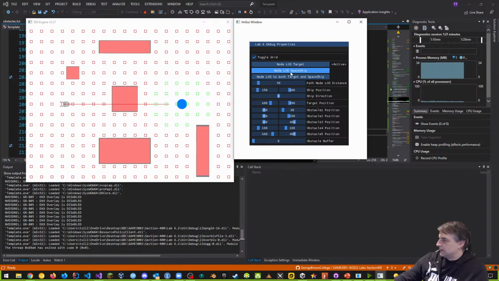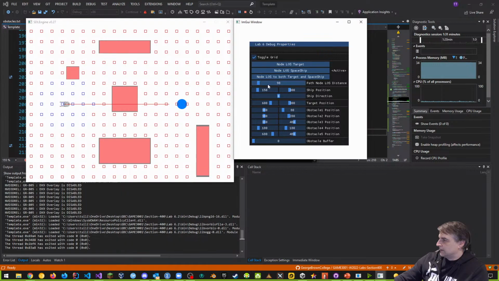And if I said line of sight to the spaceship from those, you can see only these nodes can see the spaceship, right? These blue nodes, because I've reduced the path node line of sight distance to something smaller. If I click both, everything is red because that is really small, right? It has to be quite big. So if I start increasing that number, you can see that there's a few nodes here and a few nodes there that have line of sight to both.